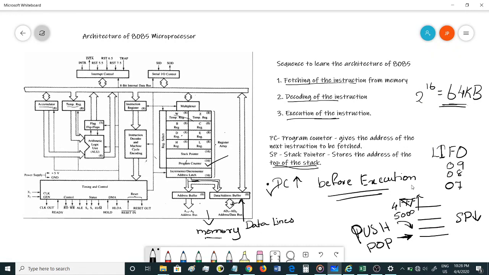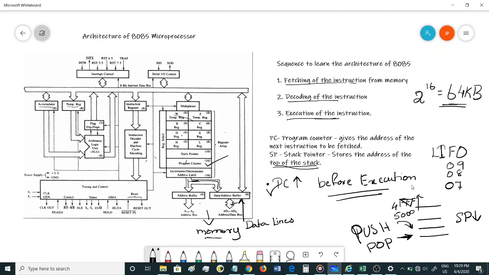So it can connect up to a memory of 64 kilobytes, 2 to the power 16, because we have 16 address lines. From the memory you get the instruction, the exact location of the instruction, using the program counter. The program counter will give the address of the next instruction that has to be fetched. So we'll put out the address onto the address bus, and the address bus will locate the memory location in the memory. From there it takes the instruction through the data bus, right? The fetching happens over here, it fetches the instruction through the data bus, it goes into the instruction